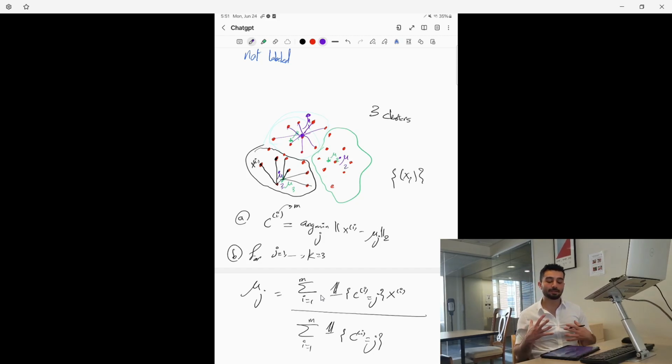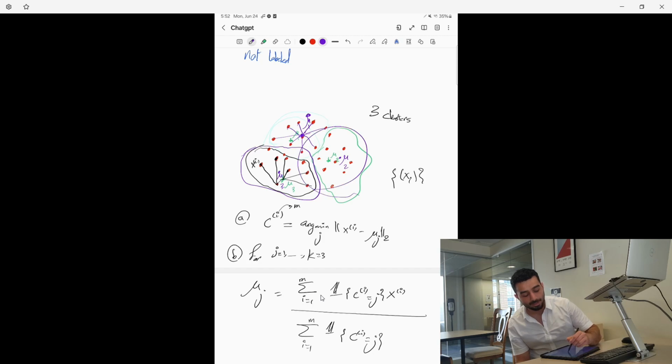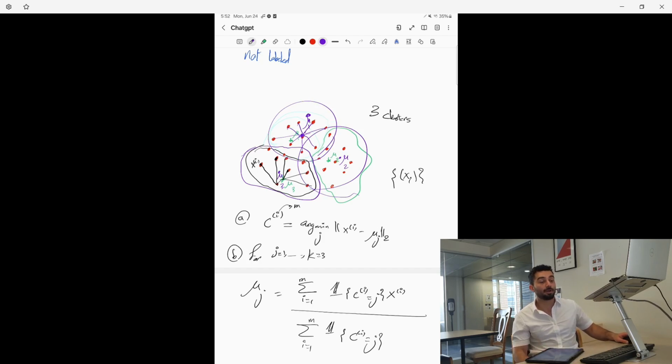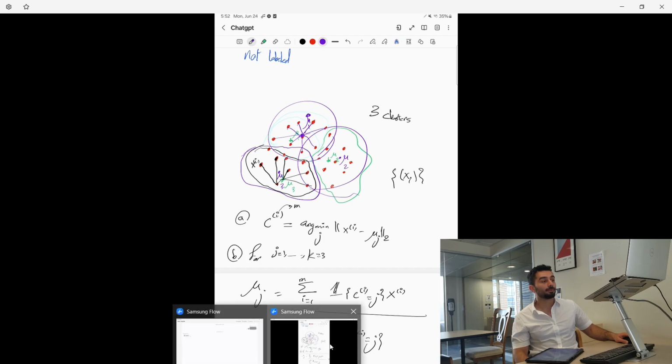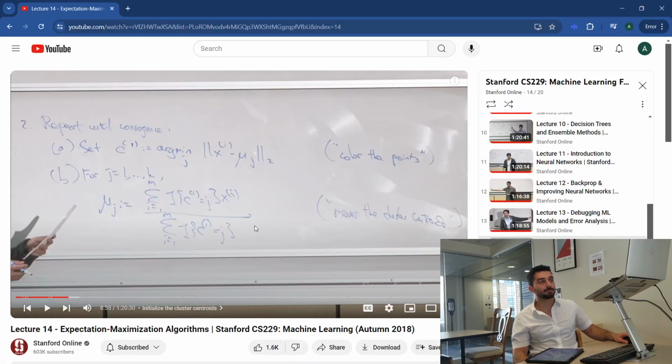And then we again find which data points are closest. Probably this time it won't change much. Like mu3 may include a new point from the previous data set, may not. And then after a while it converges. I can see actually that this converges pretty fast. My intuition says. Perfect. That was a nice idea.